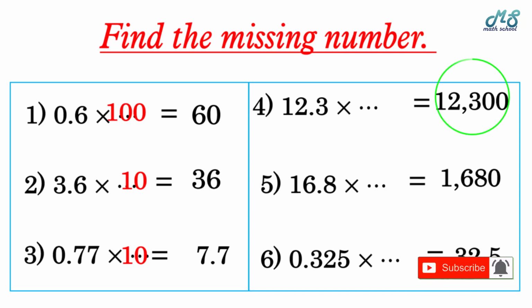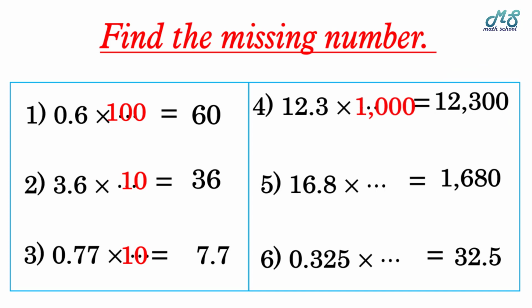Keep your eye on the product. It will be 12,300. Now we will move the decimal point, guys. How many digits? Yes, how many decimal places? 3 decimal places. Pay attention, guys, double zero are inserted. Now, guys, multiplying by what? Yes, multiplying by 1000. 16.8 times what, guys, equals